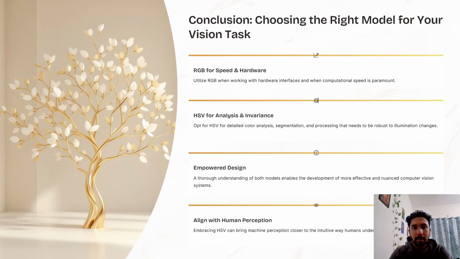So, a conclusion on choosing the right model for your vision task. To summarize, use RGB when dealing with hardware or when speed is essential. Use HSV for color-based segmentation or when lighting conditions are inconsistent. Choosing the right color model can greatly improve the performance of computer vision systems. Understanding both RGB and HSV helps us design more robust and human-like visual processing